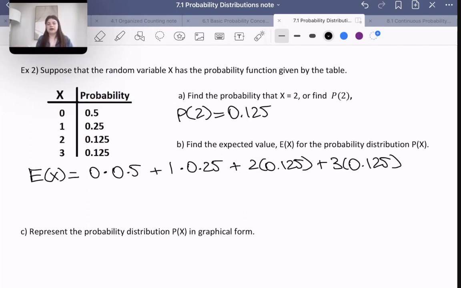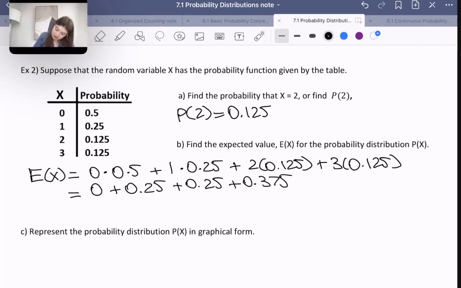We're weighting it, and so this answer is going to be a lot closer probably to 0 and 1 is what we're expecting the expected value to be. It's probably not going to be that close to 2 and 3 because 2 and 3 only have a small chance of actually occurring, right? So let's do it. Here we get 0 plus 0.25 plus 0.25 again plus 0.375. Awesome. Which is 0.875. Good. And that's about what we expected because even though the most likely thing to occur is 0,